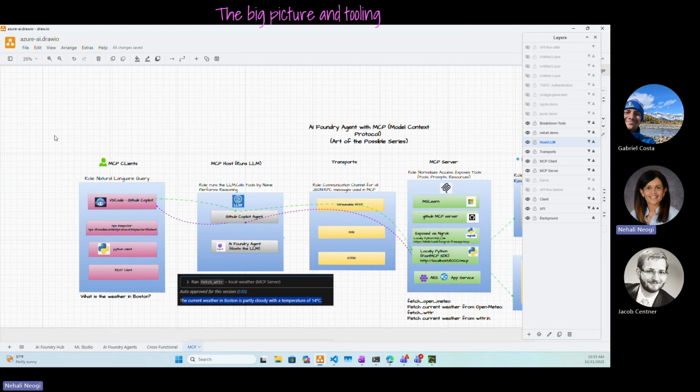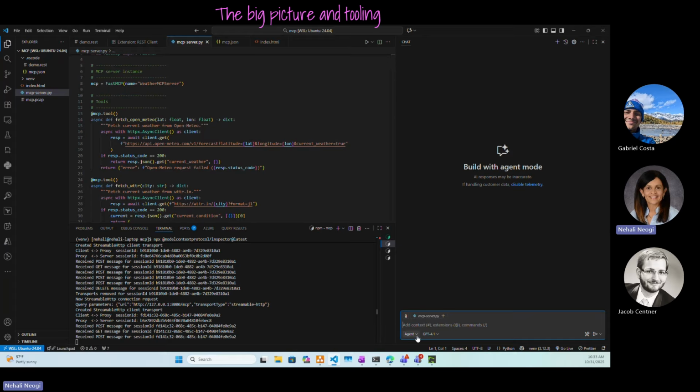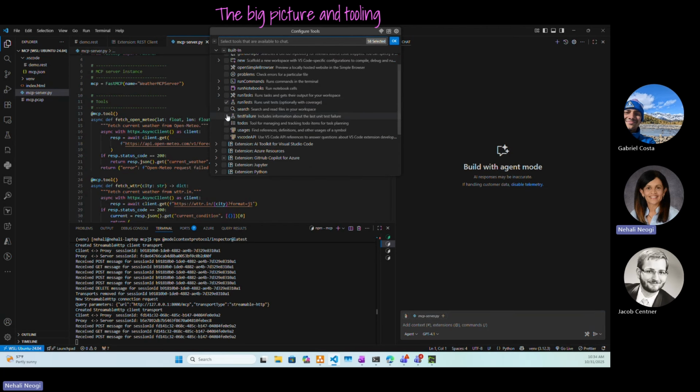And then lastly, I will show you the demo from the actual MCP client and the MCP host. In my case, it's a combination of VS Code and GitHub Copilot agent. So here I am. Let me open the GitHub Copilot. This is that little toggle. Be sure that you are in the agent mode. Notice that my LLM here is selected. And if I click on this little tools icon, you can see that I have a tool called,